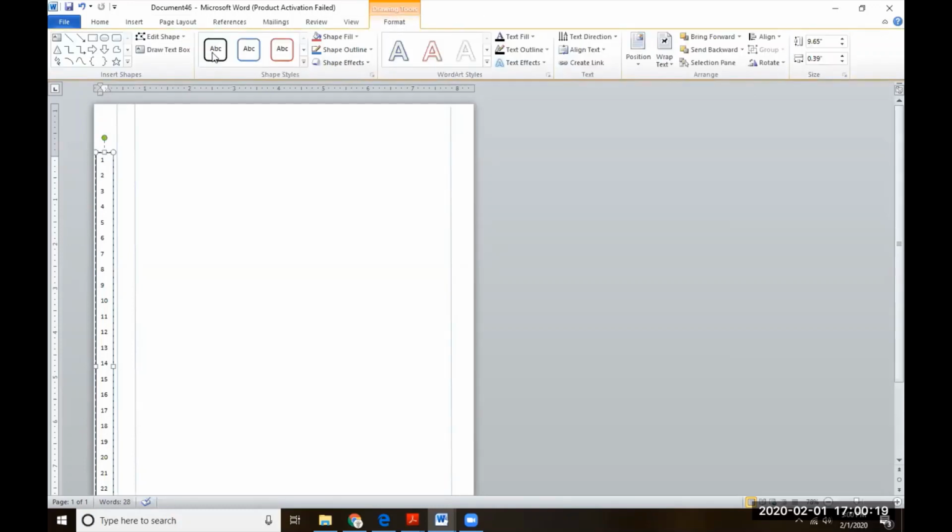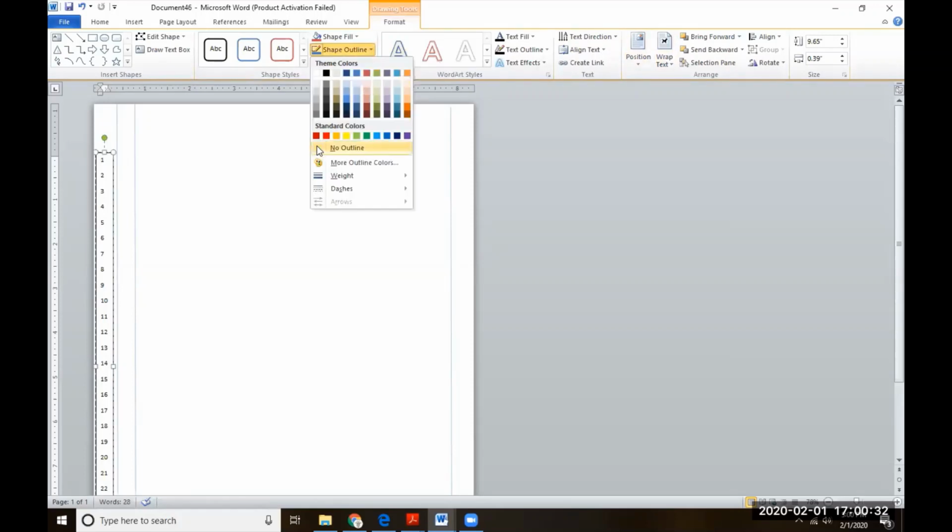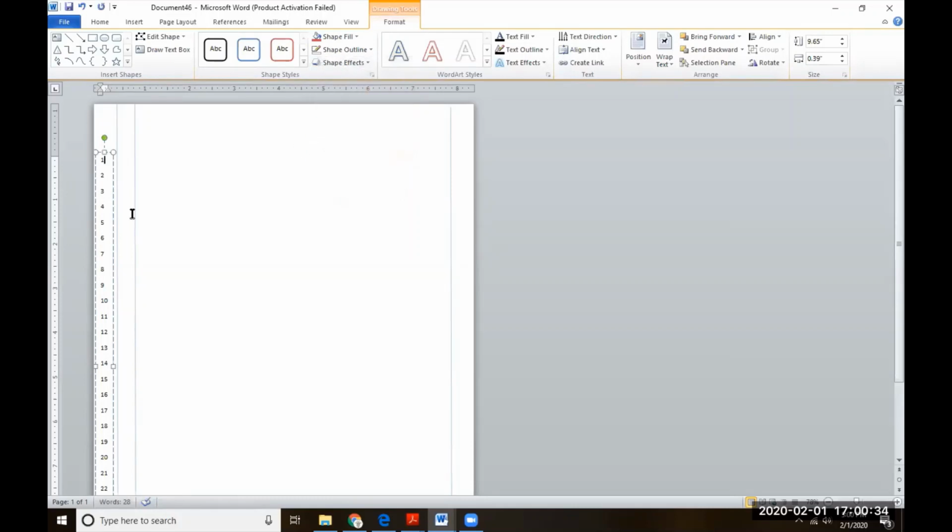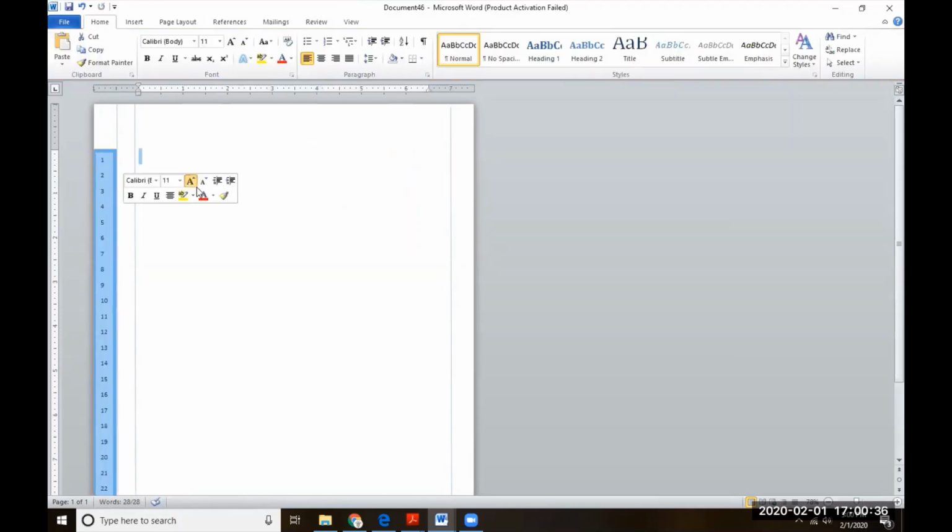Here it is, format. We don't want any outline for the numbers, which is, I believe, here. No outline. So now you notice the box is gone. I'm sorry. There we go. Notice the box is not around the numbers anymore. Okay, so